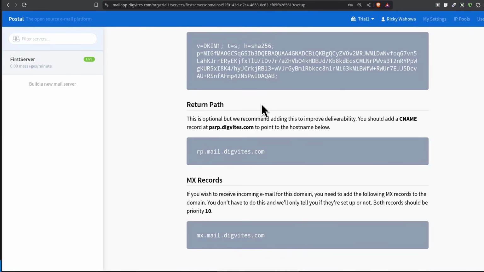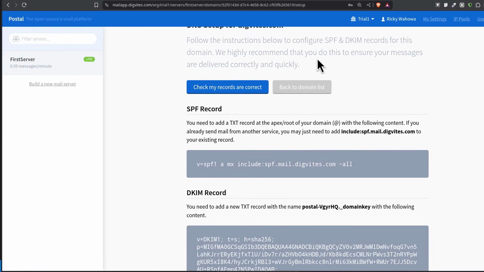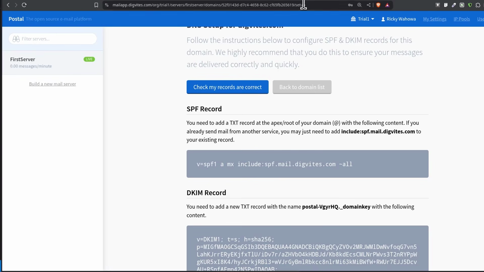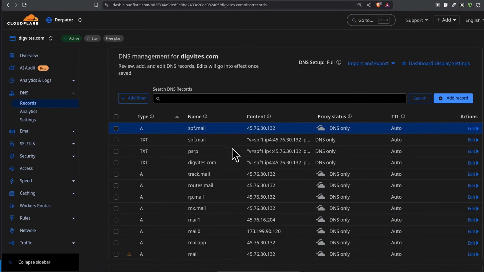And if you come back to the domain that we've added, let's see what it's going to tell us. I've added this, I've added that. mx.mail. Let me add an MX record at the root level.